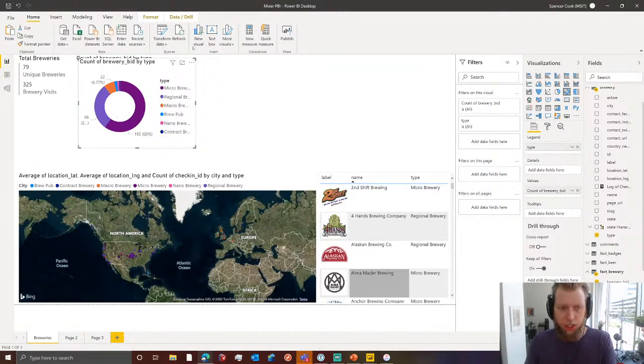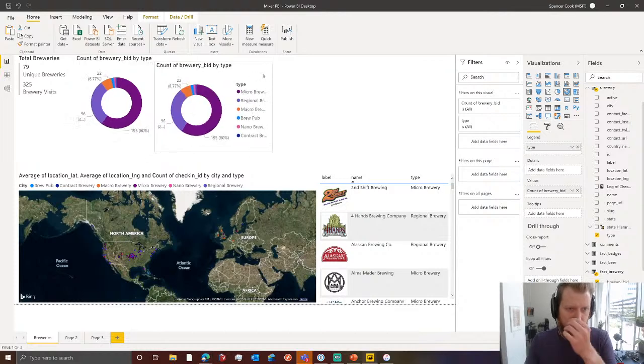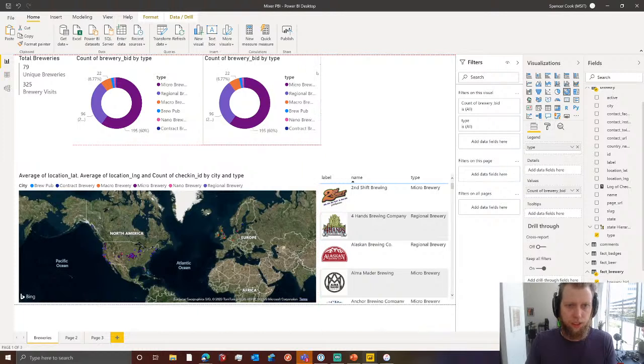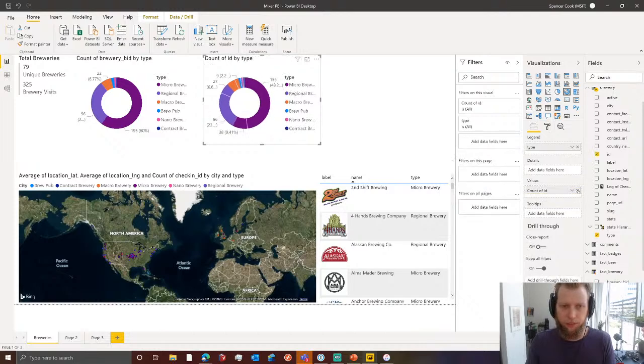So if we change this duplicated one over to be this ID instead of the brewery ID, you'll see that this is the number of unique visits. This is the number of total visits. So it looks like I tend to do repeat visits to microbrews, right? So that can be valuable information. And then similarly,